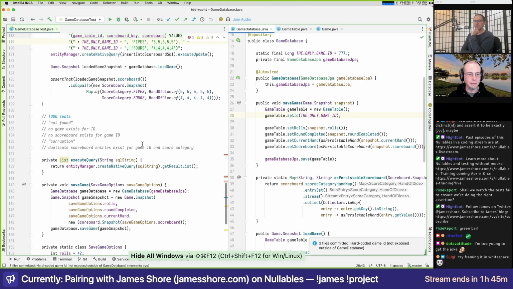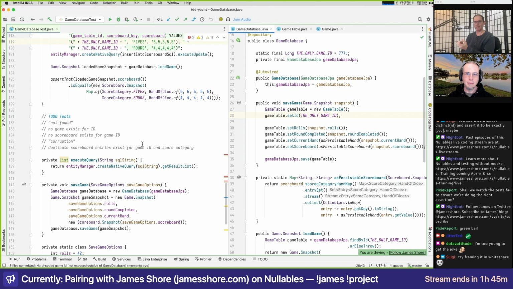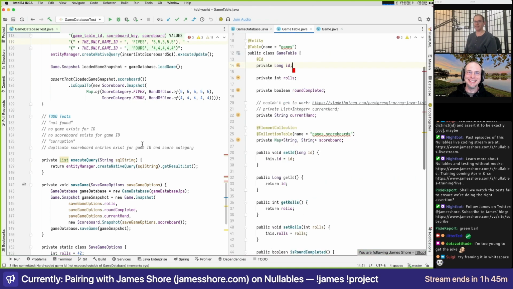So I think this is a really good example of how thinking about error conditions has forced us to really firm up our API. It's funny how that happens. Yeah, it really does. It's really interesting that thinking about those other cases says, oh, there's something we're missing here. And that's something I love about test-driven development: it does make it easier for me to think about all the little edge cases.